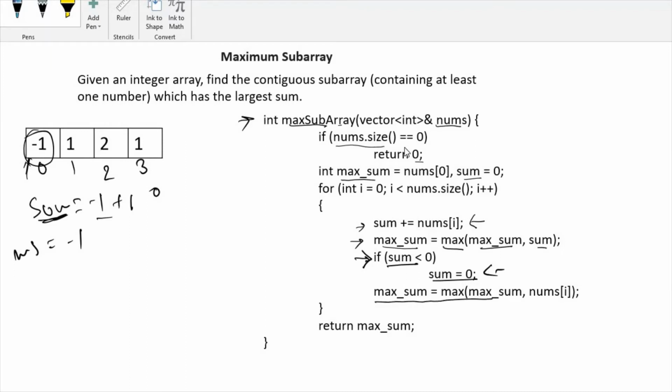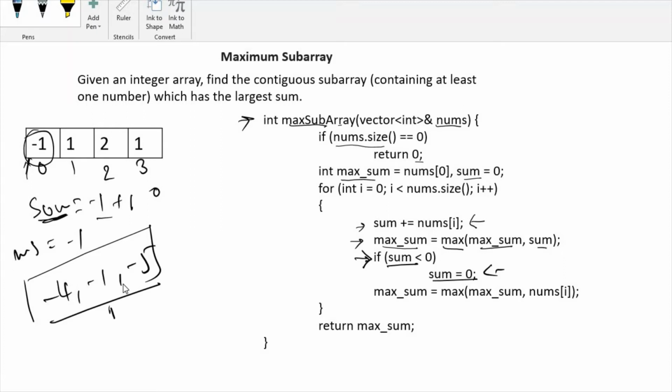And this condition is for when all the numbers are negative, like minus 5. In this case, the highest number is minus 1, meaning here we are not adding any number, we just have to find the biggest number.